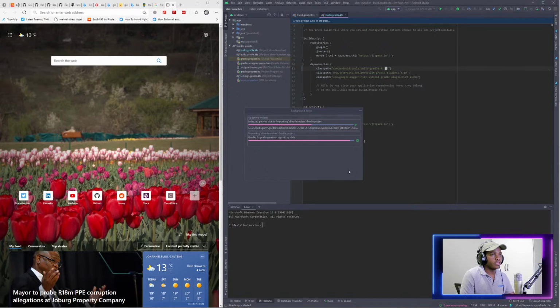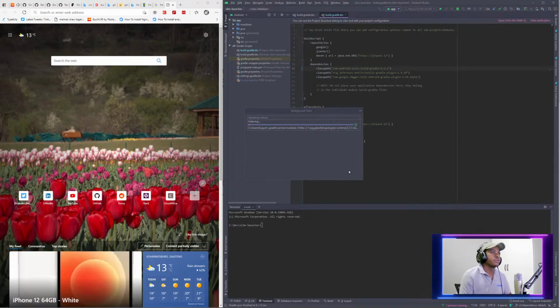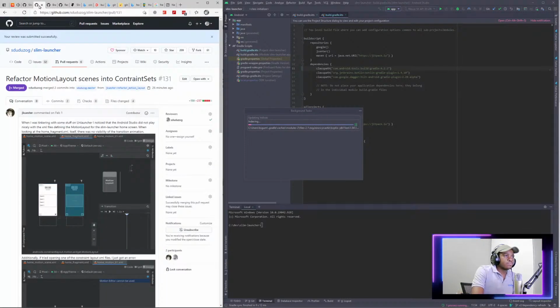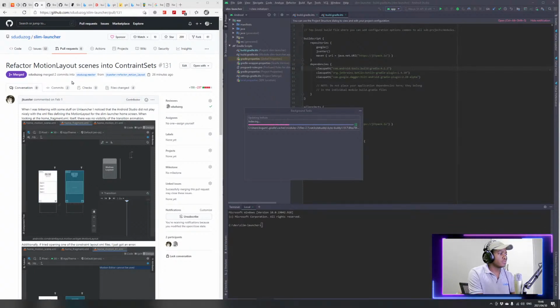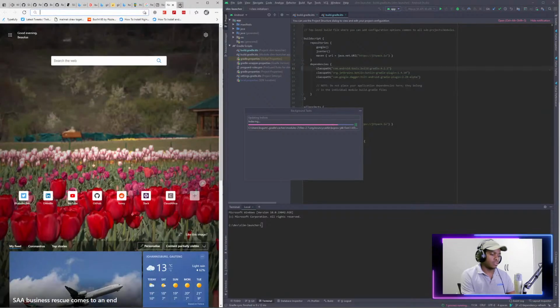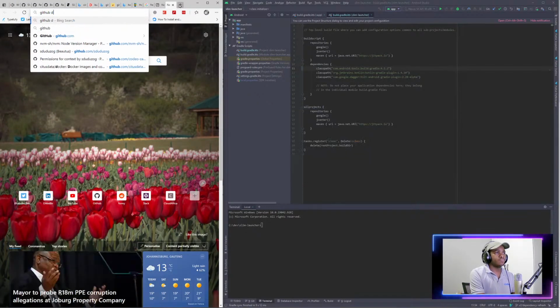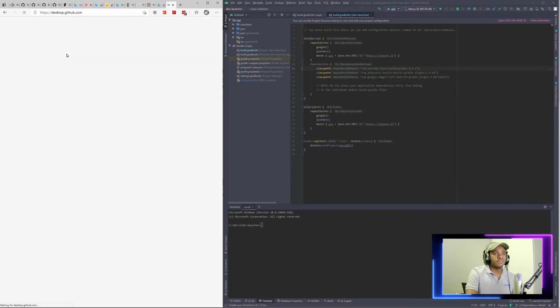So by next week, I should have released this minor update or patch, including all the PRs that I've merged to master already. I haven't even tested this PR, which is, do I have GitHub Desktop? How do I want to be able to do these code reviews now with GitHub Desktop, because if I'm not able to,